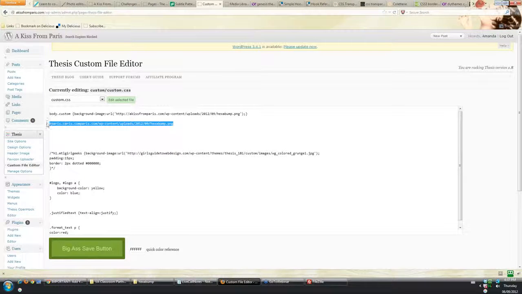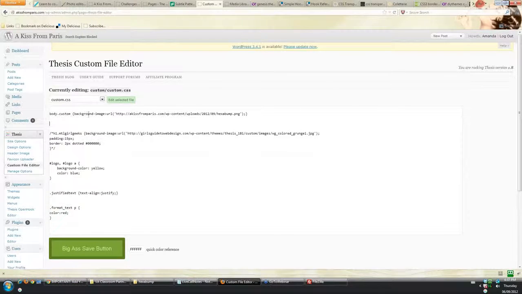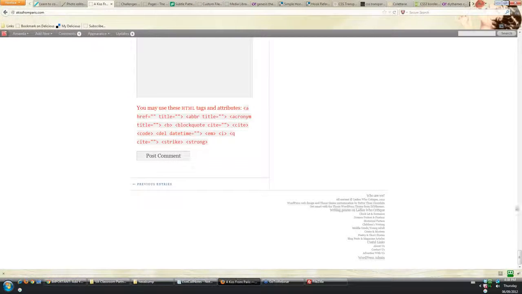And let's see here. I'm going to close that CSS style rule. So I'll delete this now because that was just there so I wouldn't forget it. So here I have my style rule that is saying apply this hexabump image to the body. And this is one of the few weird things when it comes to Thesis where you've got body.custom. It's just one of those things to kind of memorize. But normally you'll just have a dot whatever, a dot custom, and then dot the name of the class you set up. So I'm going to save this,